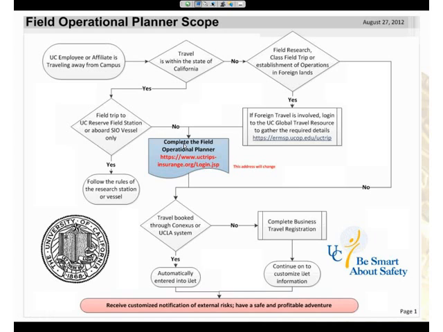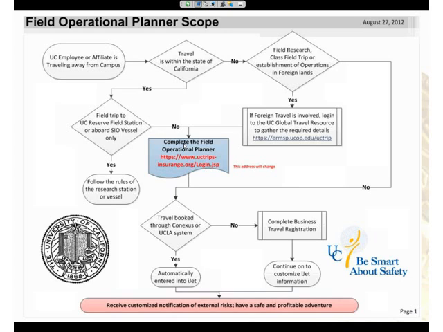If you didn't book your travel through Connexus, under our current system, you'll need to complete the business travel registration, which gives you a link to connect into iJet at the end of it. Enter the information into iJet so that they can notify you of the same events that they could if you booked it through Connexus. It's a little complicated, and there's some pieces that we would like to connect together better,